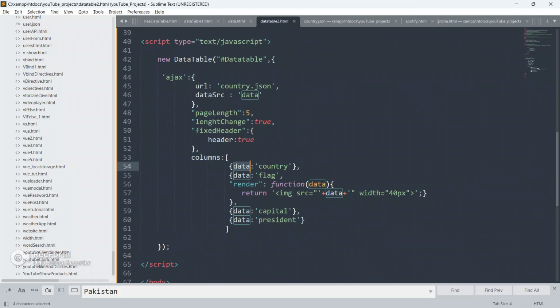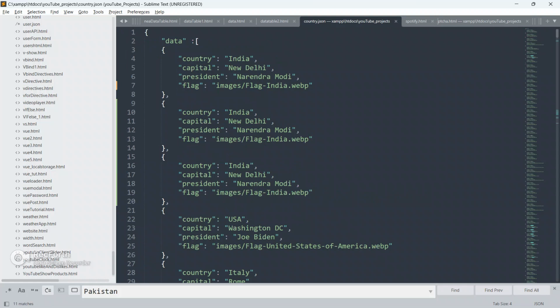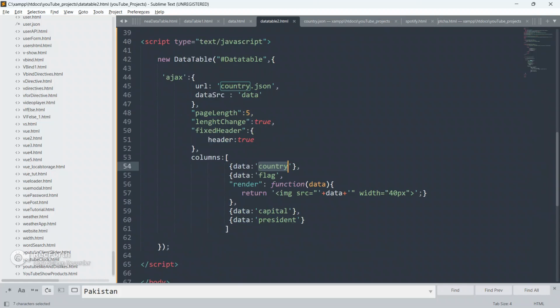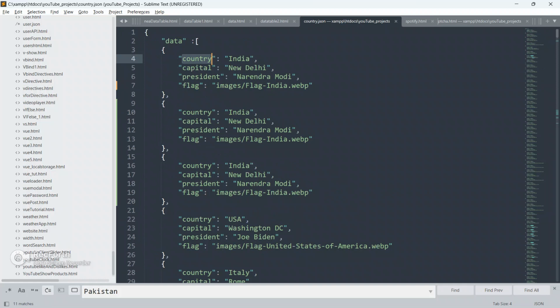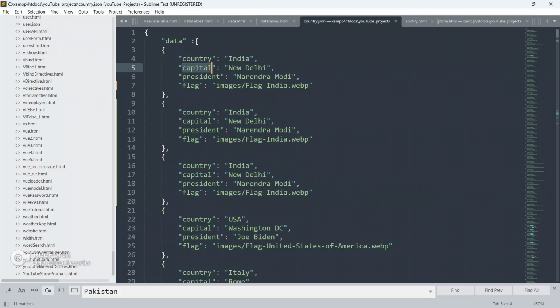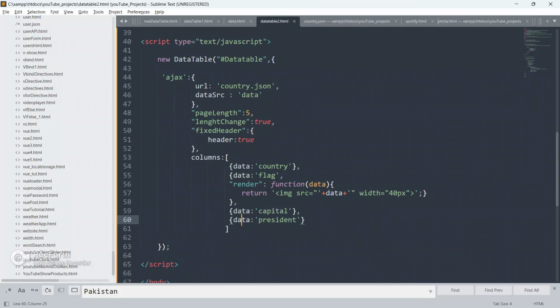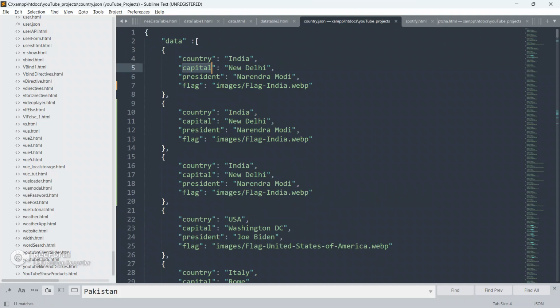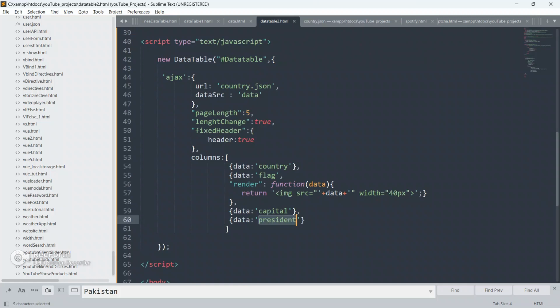Here in columns, data colon country is this country, data colon flag equal to this flag, data colon capital equal to this capital, and data colon president equal to this president, from the JSON file, from the JSON data only.